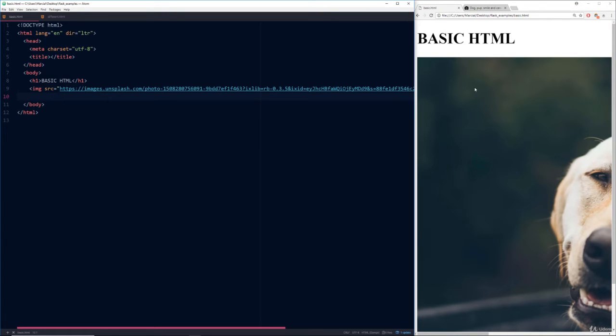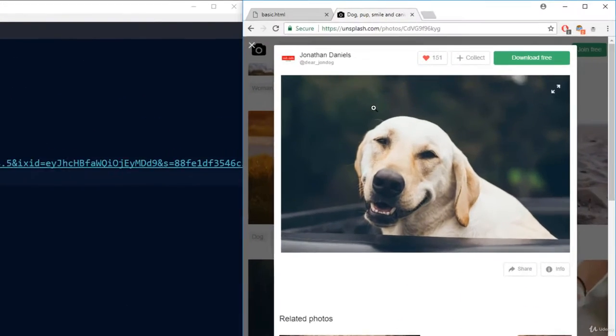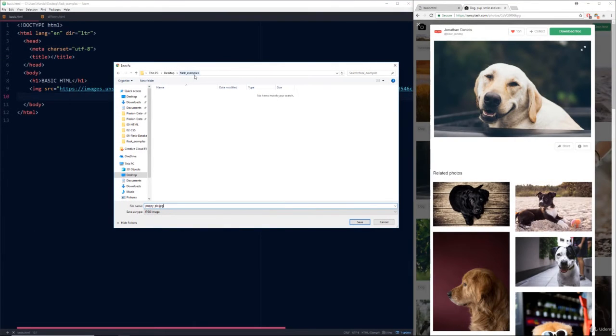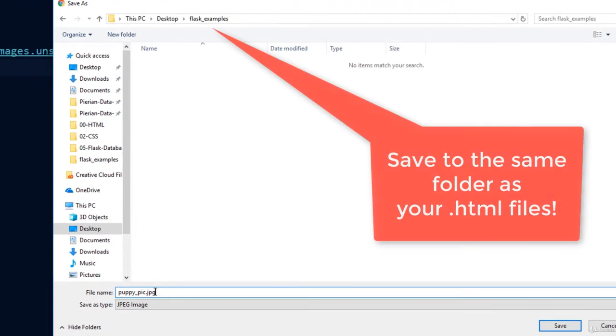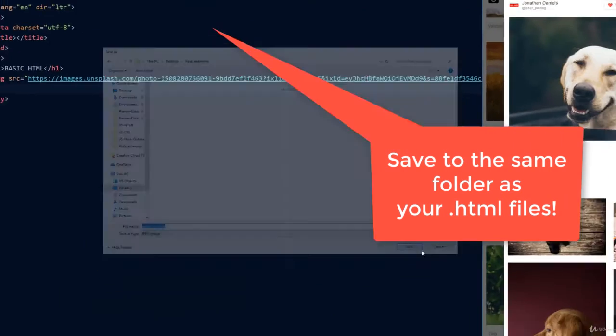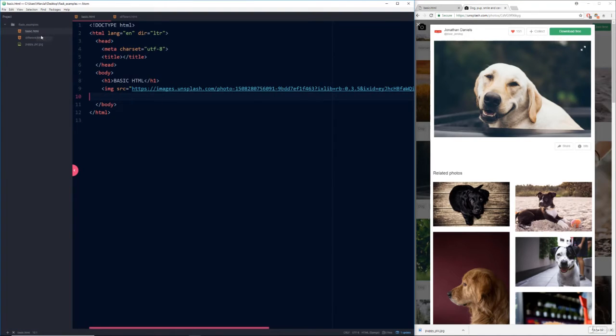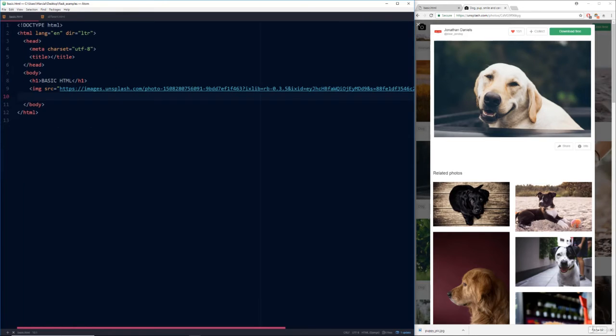Okay, so let's show you how you can link to a local image. To do that, I'm going to download this image, so I will say save image as, and I'll save it to that same folder where I have the Flask examples, and save it as puppy_pic. We'll save that as a JPEG file, and if you take a look, now with basic.html and different.html, I now have that puppy_pic.jpg. And it doesn't have to be a picture from this website, it can be any JPEG or PNG file. The main idea is instead of linking to something online, I'm going to show you how you can link to something locally. So I'll delete this